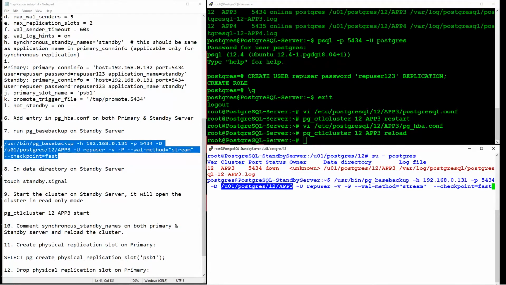Okay, this is the user which I am going to use for my replication. Okay, the method is streaming replication. And this is very important, the checkpoint. Normally whenever you trigger any backup, first it will try to create a checkpoint in primary. So until it creates a checkpoint in primary, your backup command will wait for that. So in order to avoid that, I am going to pass this option over here, so that it will force a checkpoint in primary. You can see that one.